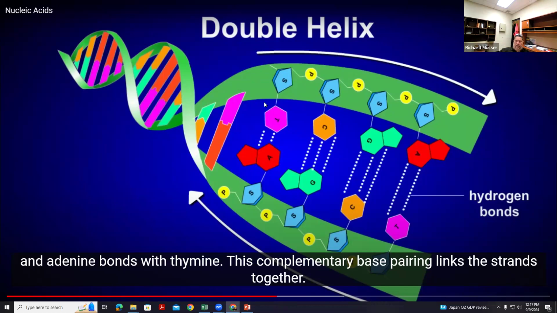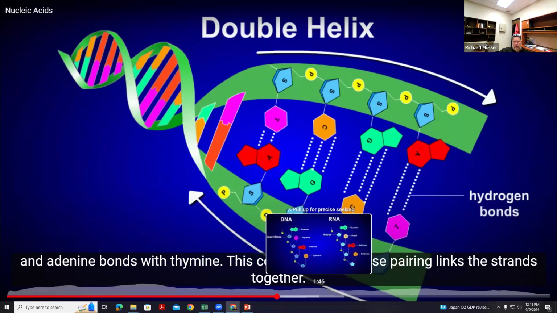So we have a 3' and a 5'. That's based on the number of the carbon, I believe. In this case, we've got the sugars pointing in this direction and then the sugars pointing in that direction. The other video didn't show that. That's probably not so important to you, but that means that they're opposite each other, as I mentioned earlier. So you have A's facing T's, G's still facing C's, but the actual strands are facing in different directions.